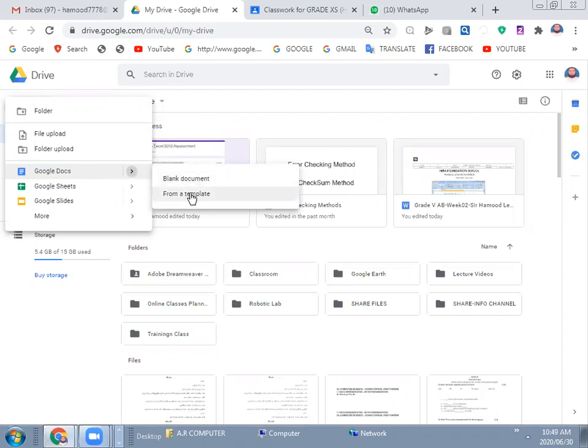Template means, for example, you are typing a biodata or job resume, then it will help you just change your name, address, and the biodata will be ready. So this is the way of using a template. But if you are using a blank document, then a blank page will open. I am using a blank document, right?